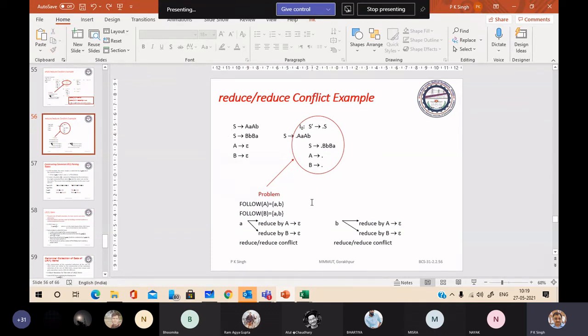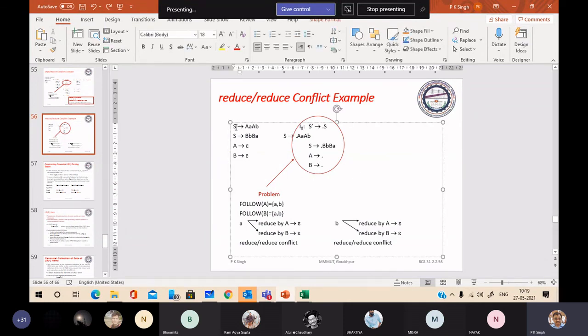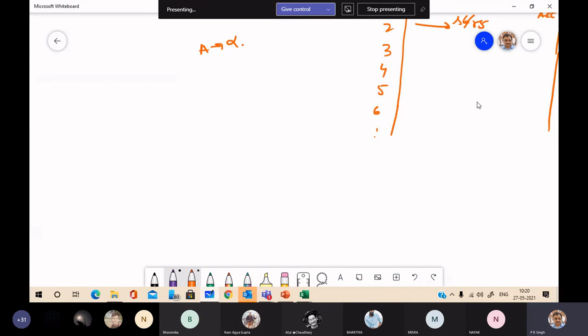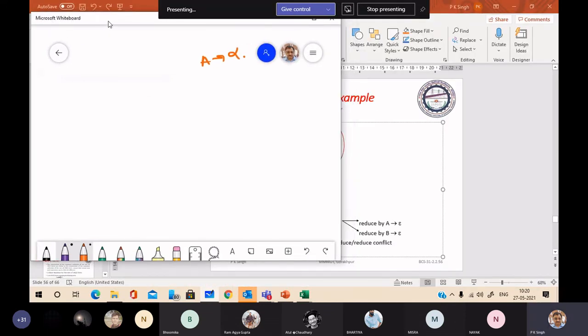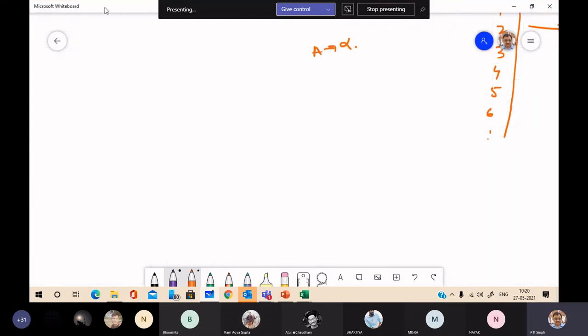Okay. इसको हम ले चलते हैं उधर. यहाँ your grammar is S to A B, S to B, A to epsilon, B to epsilon. This is the grammar.